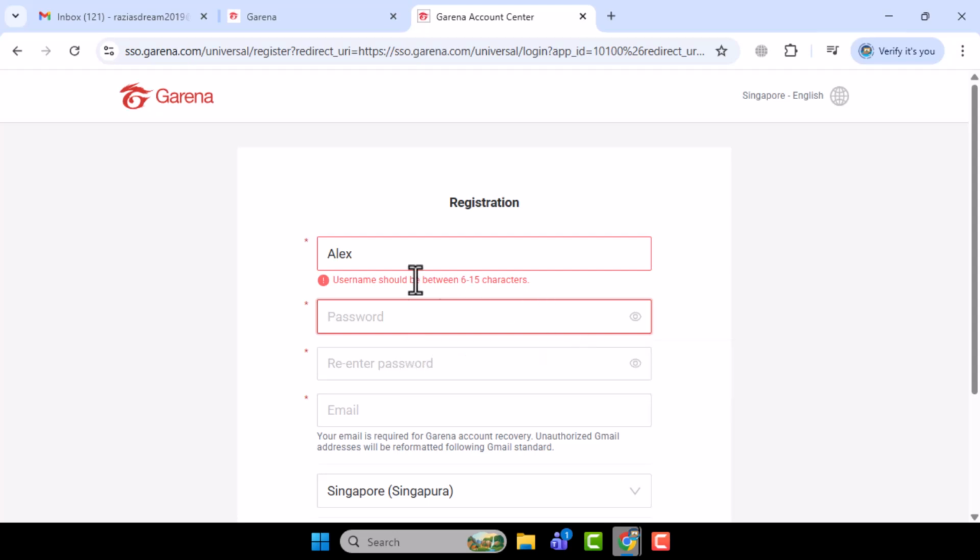Step 9 is to click on the following instructions shown on the screen, such as agreeing to terms or continuing the setup, to complete the registration process. Following these instructions ensures your Garena account is